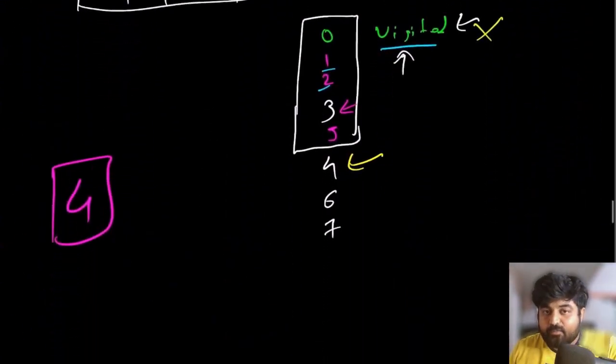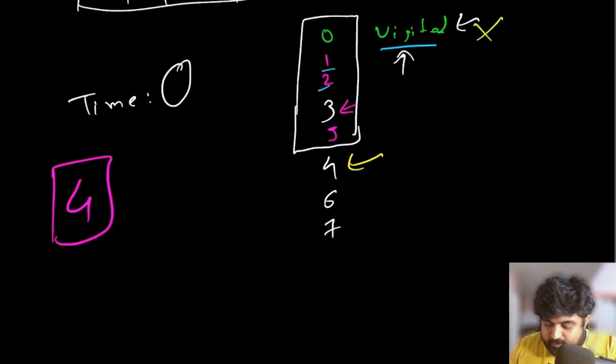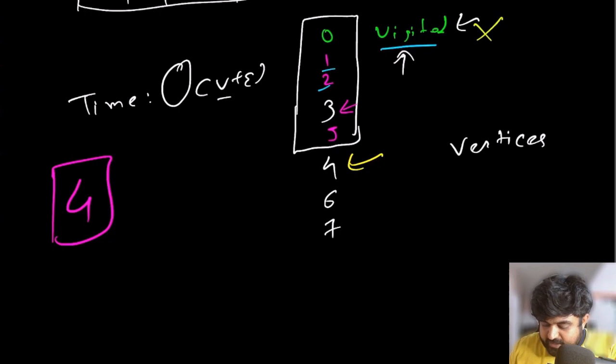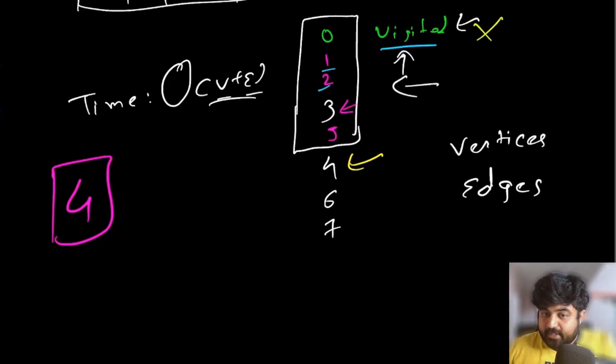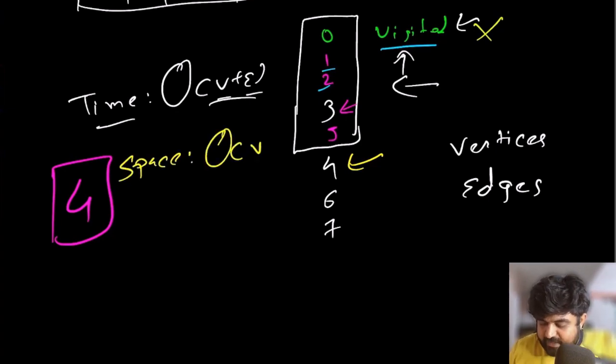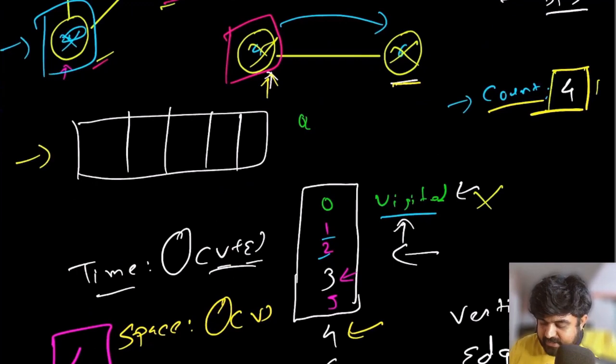Now if you see how beautifully we were able to come up with the solution, and in this case, if you see time and space complexity, the time complexity is going to be big O of V plus E, where V defines the vertices or nodes, and E defines edges, because that is the time complexity to run the BFS function and go over the entire given input array. So this time complexity is pretty good. If we see space complexity, space complexity is also going to be big O of V, because we are using the additional data structure of Q and also a hash set or array.